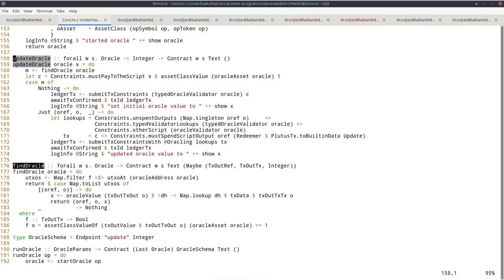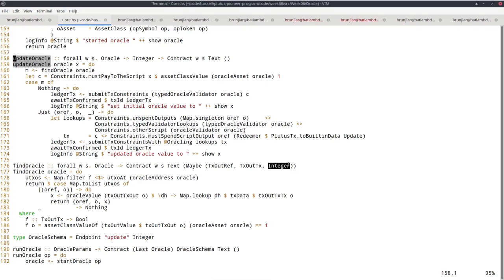But if we find it, it will return a Just, and then the triple is the TxOutRef, which if you recall from last time, is basically the identifier of a UTXO. Then the TxOut, that's the UTXO itself, containing all the data. And the integer is the current exchange rate. This is, of course, encoded here in this TxOut, but to make it easier to work with, we extract that here in this helper function.